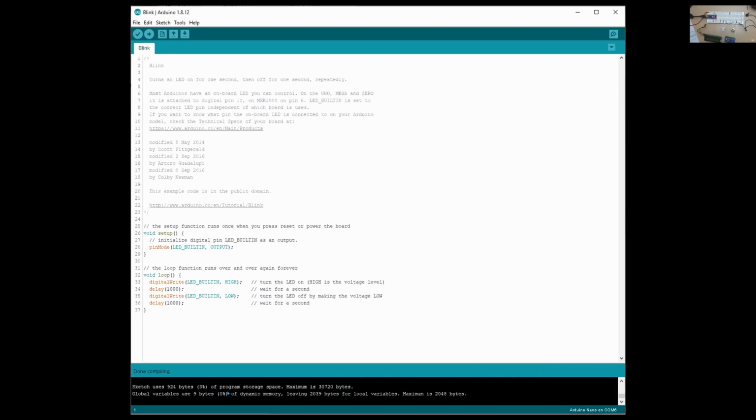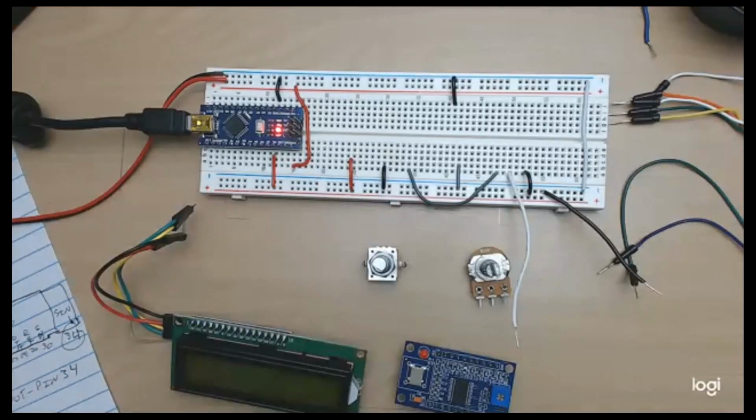But that just means that the sketch has been programmed on my computer. It still hasn't been transferred to the Nano, to the microcontroller. In order to do that, I have to click on the arrow up here, and that's the upload arrow, and that will upload the program into the Nano. So before I do that, I'm going to switch back to the